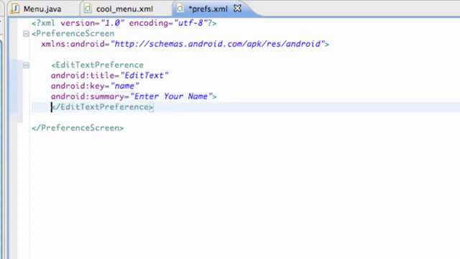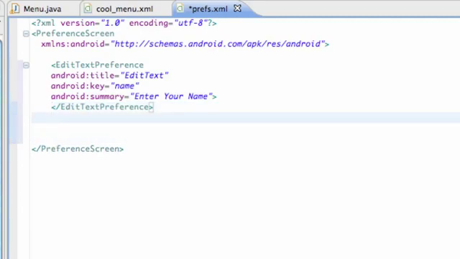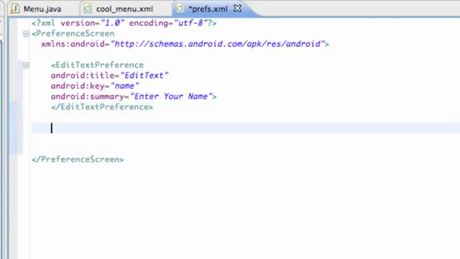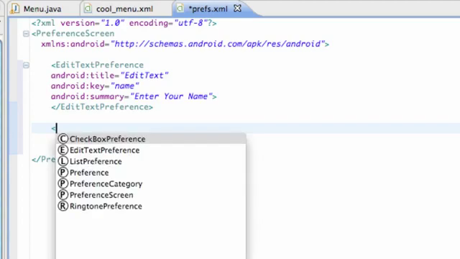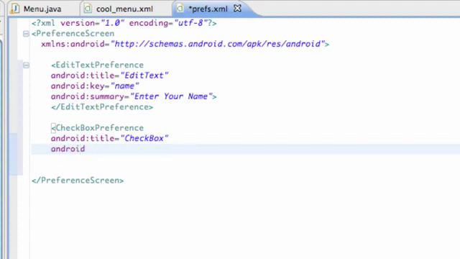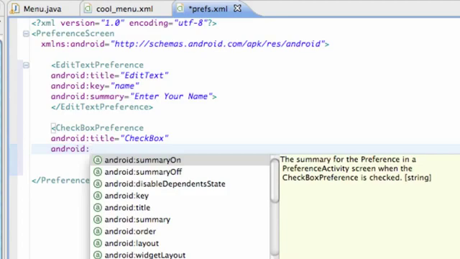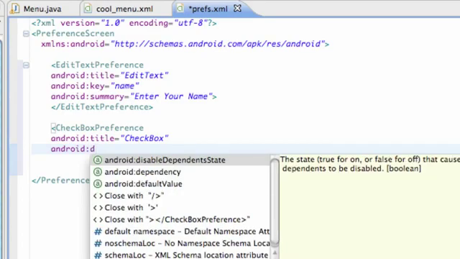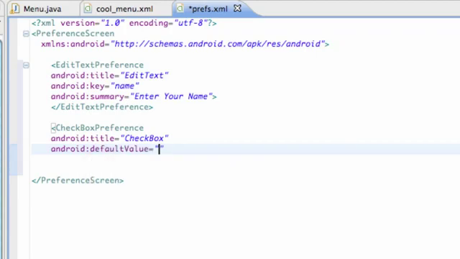Let's set up a new one. So let's go still within our preference overall thing, and then set up a checkbox. So checkbox preference, and we're going to say again Android title checkbox, and Android, we can set this checkbox if we want it to be checked when it starts or unchecked. So we're going to say default value, which is what it's going to start as, and we can either set this to true or false. So we're going to say true,